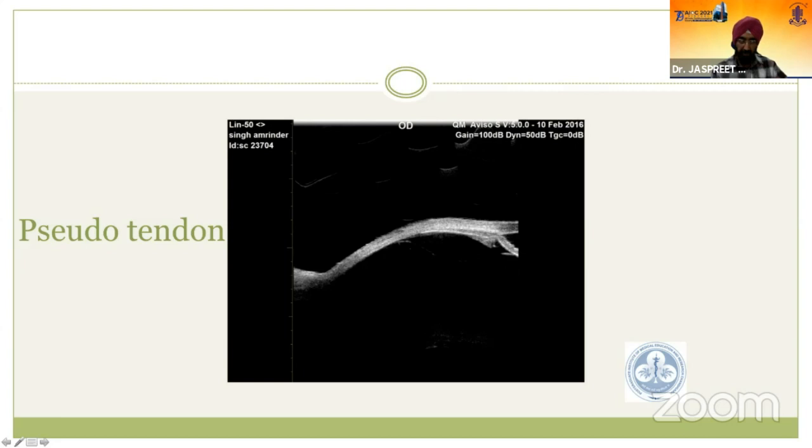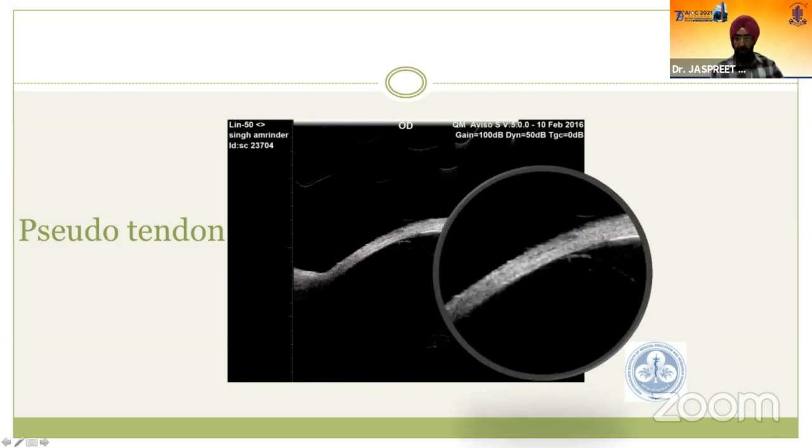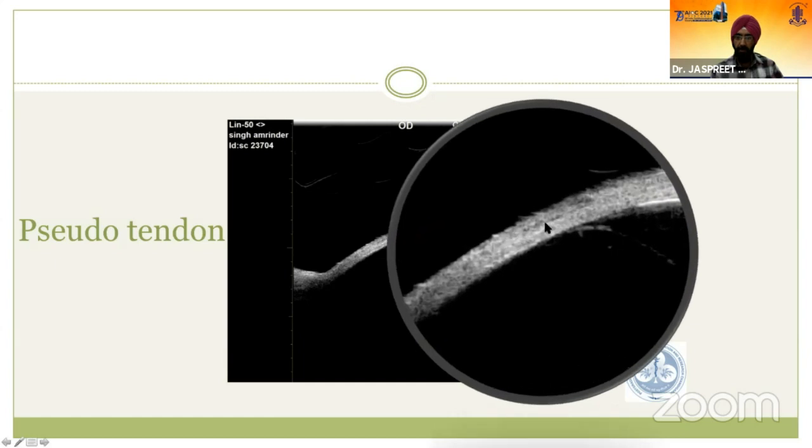So yes, this is not easy. It's not easy to identify in the first go. You would need to do many UBMs to be able to delineate what this looks like. In the magnified view again, that's this small area here. So that's like a pseudo tendon.